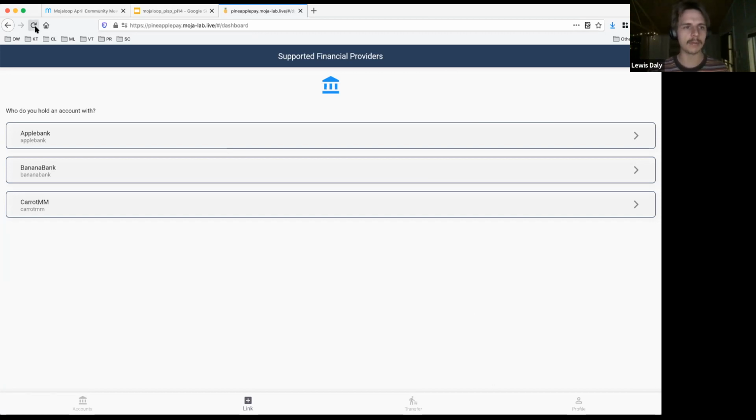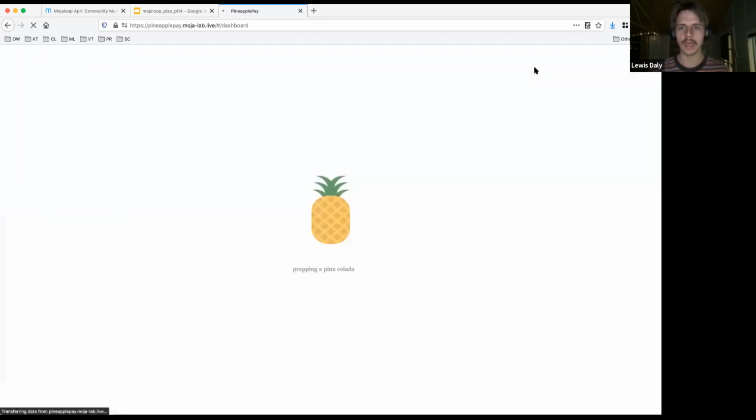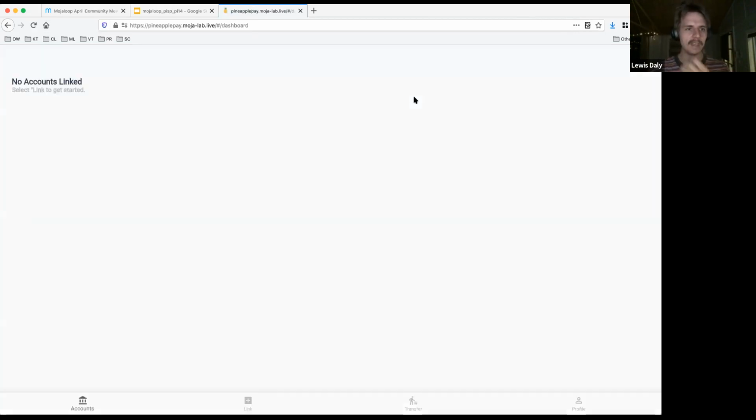Our demo is called Pineapple Pay, and the way it works is currently detached from the Mojaloop sandbox. It has a detached mode where it's just running simulated scenarios with fake data. We have it in that mode partly because the integration work isn't all done, but also because it allows you in the community to log onto this site and muck around, and you don't break anything too serious. So please, by all means, try this out and see how you go.